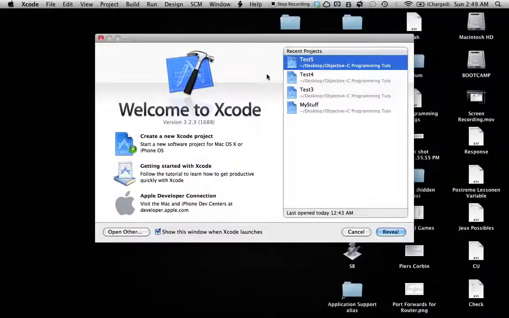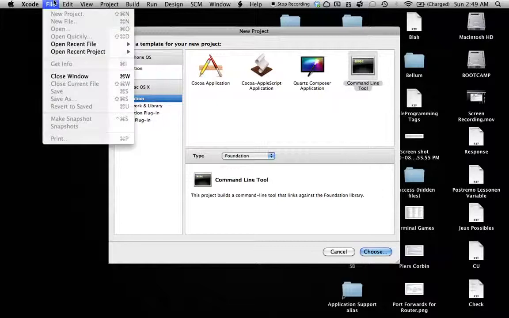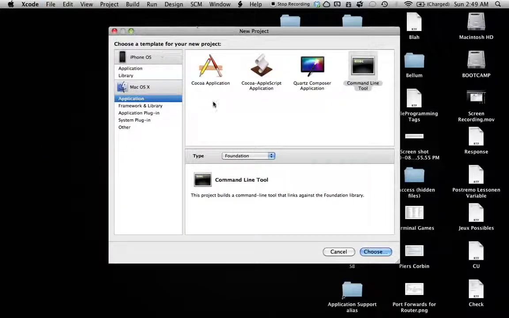So to start out now, to actually create the new project, just launch Xcode after downloading the tools. And once you get this screen, just hit create a new Xcode project. And if you don't get that screen for whatever reason, you can just go up to File, New Project. Alright, so now in this project screen, under Mac OS X Applications, just click that, and here is the command line tool which we will be working with for the Objective-C tutorials,